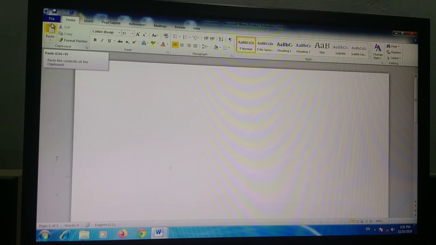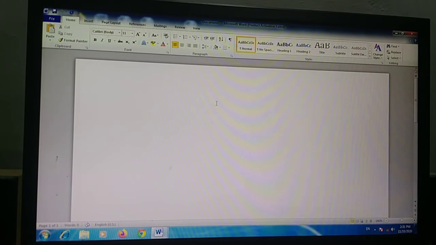After that, this is your paragraph group, in which you write paragraphs. If you are writing something, you arrange it in this system. Okay, this is your paragraph. This is your font. You can see it is also written here, font and paragraph. This is your font group, and this is your paragraph. Okay, you can see.